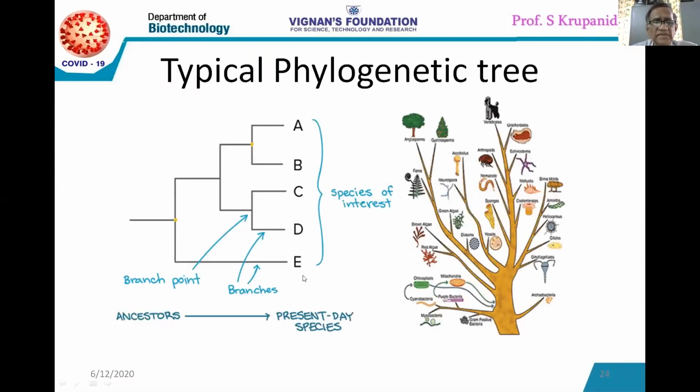Now let us say the typical phylogenetic tree looks like this. A typical tree wherein A taxon, B taxon, C taxon, D taxon, E taxon. All these taxa are not in one cluster. A and B is one cluster, so they are sister related taxa. C and D is one cluster, they are sister related taxa. So C and D have become non-sisters to AB, non-sister related taxa. So AB is one primary cluster, CD is one primary cluster.